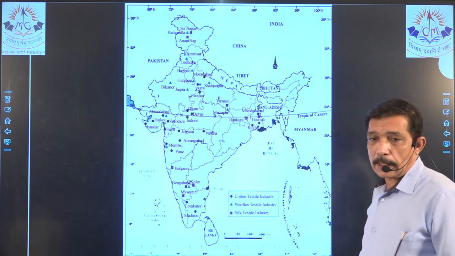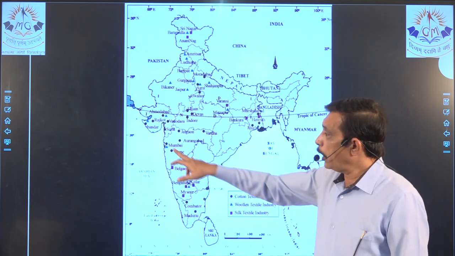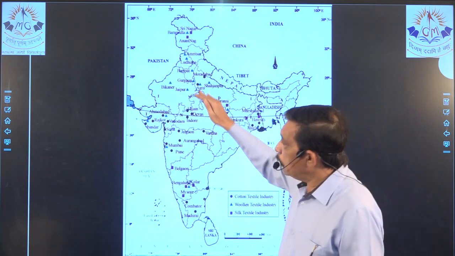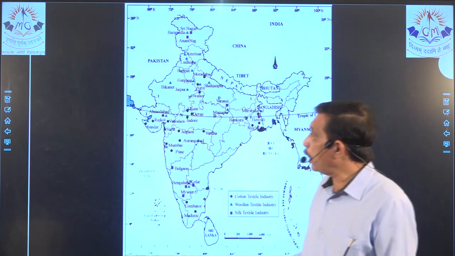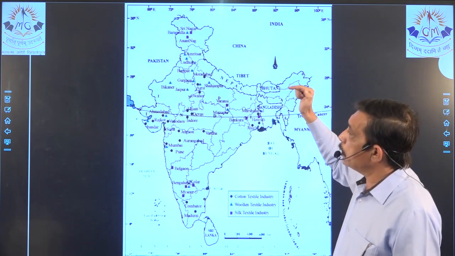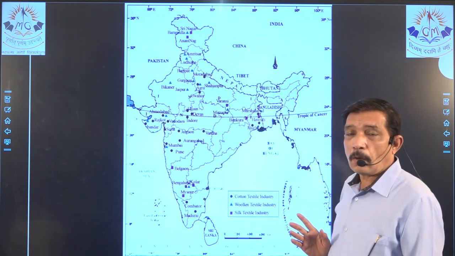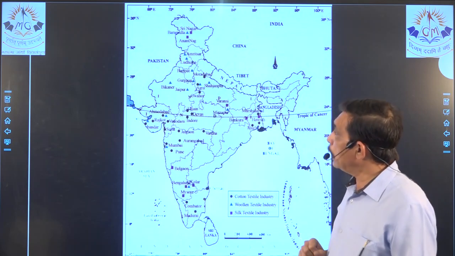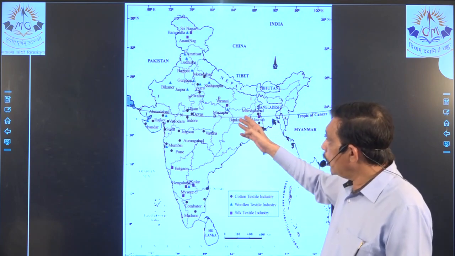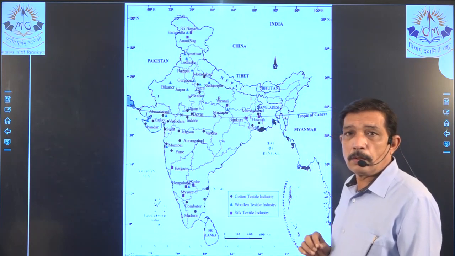Now we come to the woolen textile industry. In the south there is only one, that is Bengaluru. Then in the west we have Mumbai, and in Gujarat you have Ahmedabad. Mostly you will find it in the northern part. If we start from the top, Srinagar is there. Then we have Amritsar, Ludhiana, Panipat, Gurgaon. All these cities in the north have woolen textile industry. If we come to UP, then it is Agra and Shahjahanpur, and Varanasi at the end. Then we don't have any other woolen textile industry.